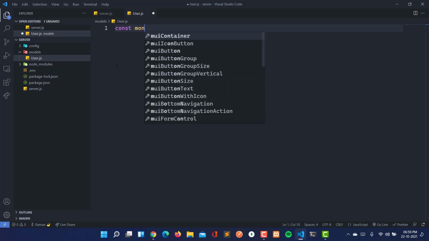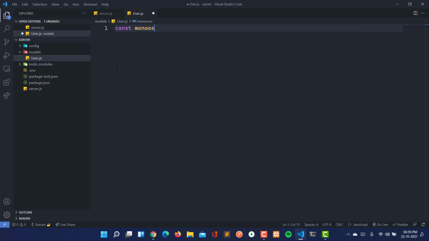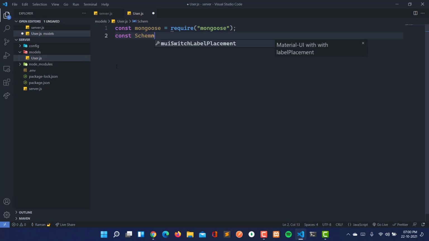So here I'm going to import Mongoose, require Mongoose. Then we have to get the schema, which will be mongoose.Schema.